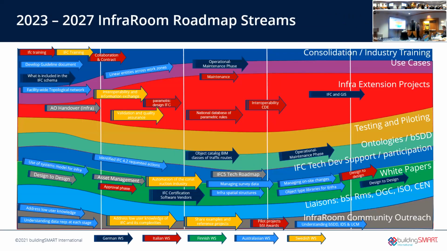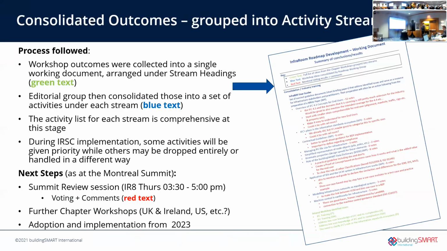This slide then is kind of the point where we brought all those ideas together. So what we did was get them all onto our roadmap baseline, and you can see there the set of ideas, not structured in the way that simply dropped onto those streams, and this is sort of the starting point. Next. We then had to collate all of that. So we produced a document which is a working document, which was just a summary of all of those. It's coded in color, so the raw data in that document is shown in green. The blue is our consolidated